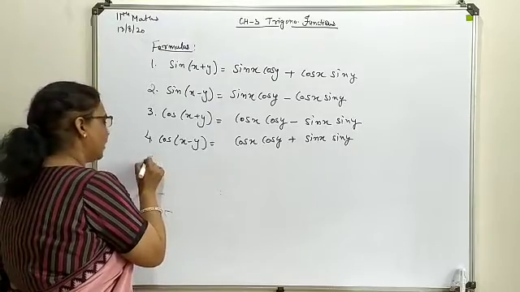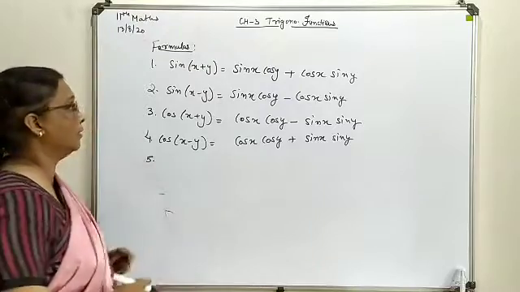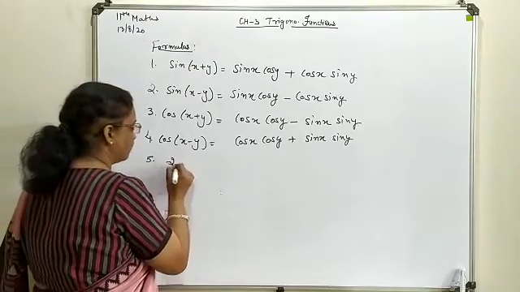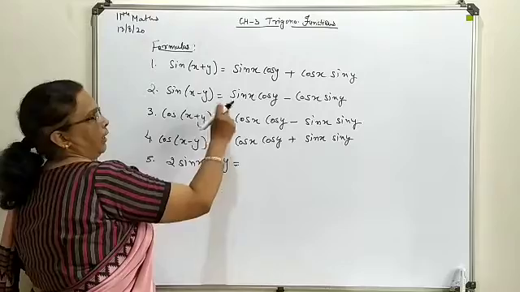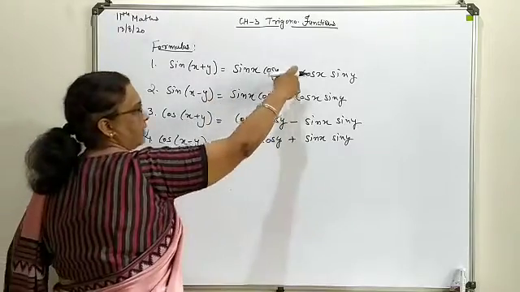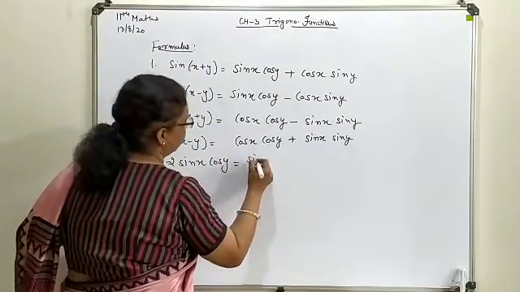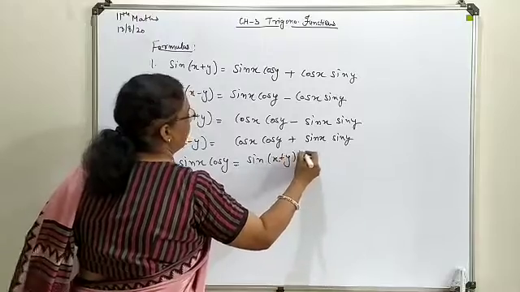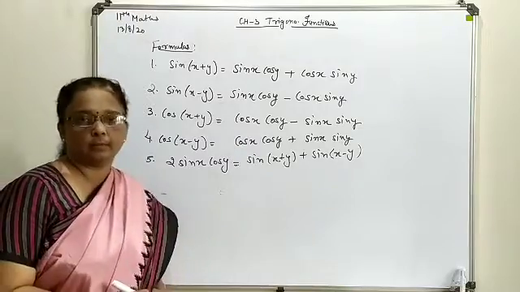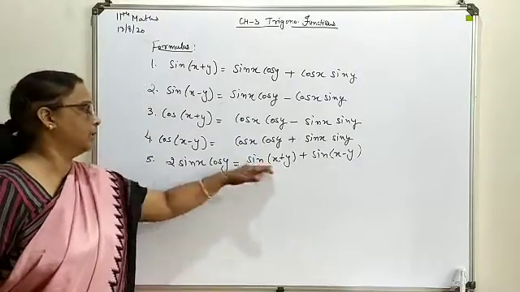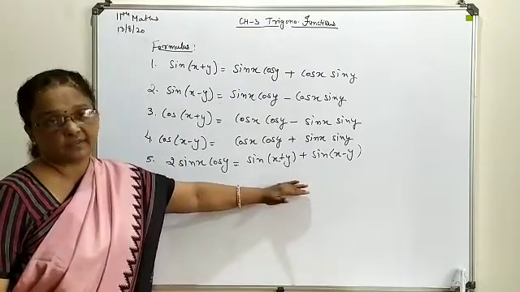Now we are going to combine them two with plus and minus sign and a new formula will generate. Here you see, if we write 2 sin x cos of y. Suppose these two we add, obviously these two will cancel and these two will give you the 2, means addition of these two. So here we will write one more formula form on making them add. This also you can directly implement. In your question, suppose this form is available, you can directly write this form. In some of the questions this form will be available, so you have to write with this combination.